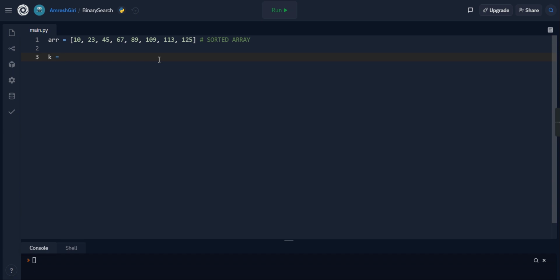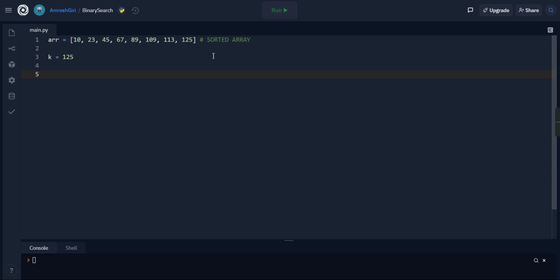So for example, in the worst case scenario, we might have 125 as the number we are searching for in the array, and you can clearly see that it's at the last position. So this is going to give us a time complexity of big O of n, right, which is not a very efficient way, I would say, because we already have something like binary search, which has a very intuitive algorithm behind it. So let's talk about binary search.